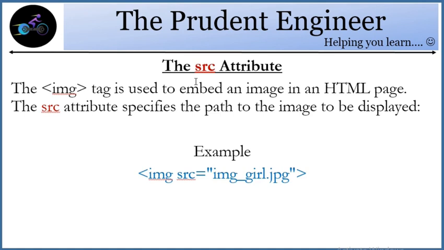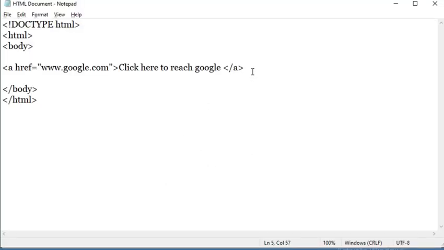Now the next one is the src attribute, which was already taught in the last module. It comes with the image tag, and if you want to assign the source of an image, you have to use the src attribute. Suppose I want to import an image. The image tag, then src is the source, and we write the name of the file you want to import.